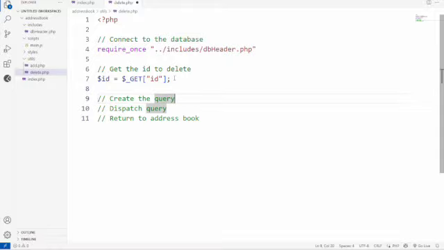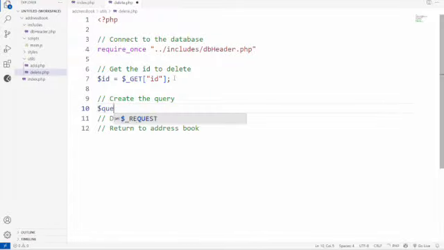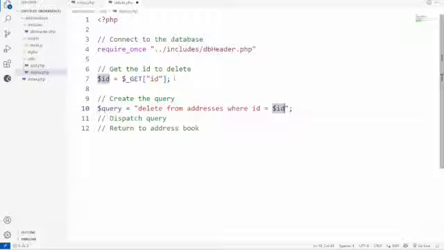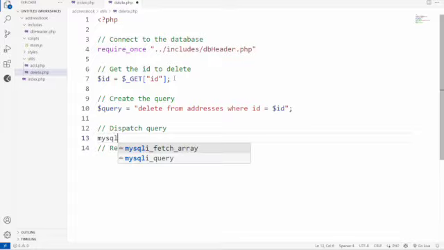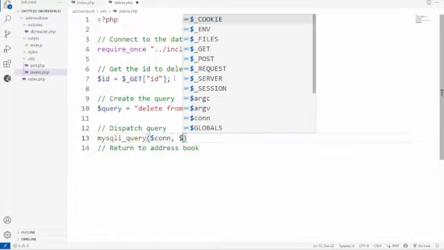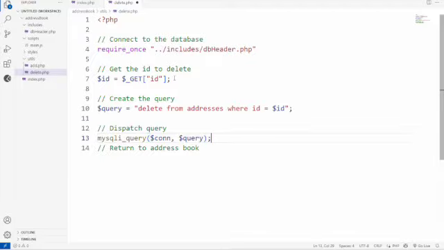Again, SQL is a very straightforward language, so we're going to go query equals delete from addresses where ID equals $ID. Gets interpreted as a variable, so it's going to be a number. We are going to dispatch the query. For something like this, I don't even bother checking whether it works. So I'm just going to go for mysql_query, con, query, keep it nice and simple, put a semicolon on the end,